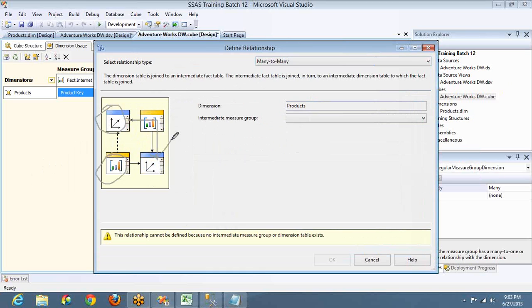When the data is in many to many form, you have to go for this many to many relationship type. So these are the three remaining relationship types that we will discuss in tomorrow's session, along with a couple of dimension properties and